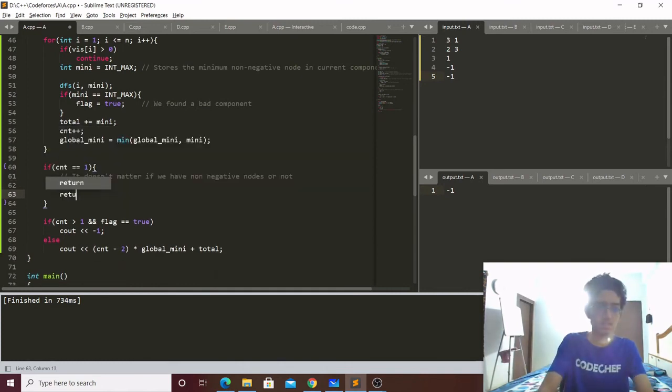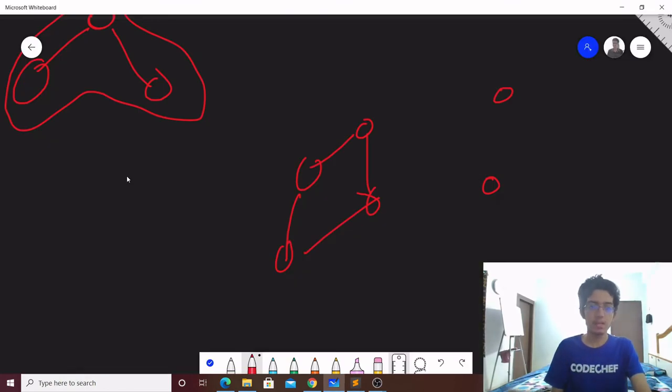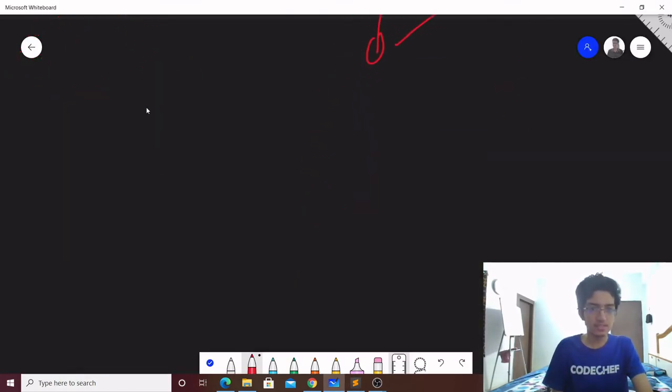Else, if the number of connected components is more than 1 and we have encountered a bad connected component, in this case the answer is -1. Else it is count minus 2 into global mini plus total. Now for this formula, basically what we are doing is,